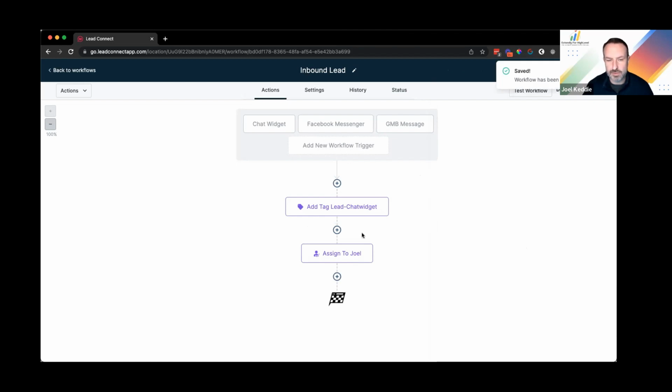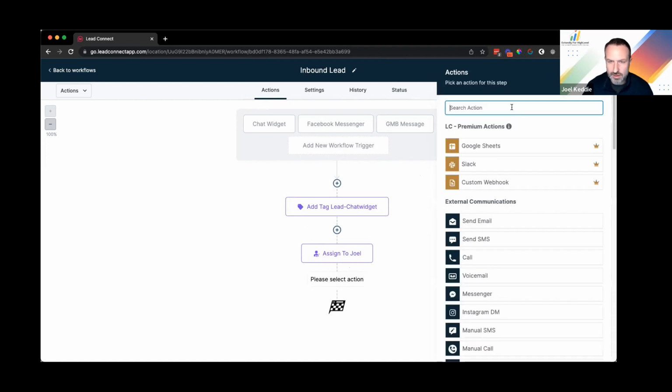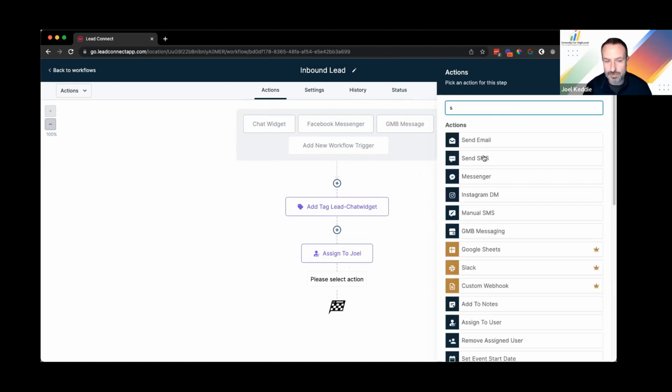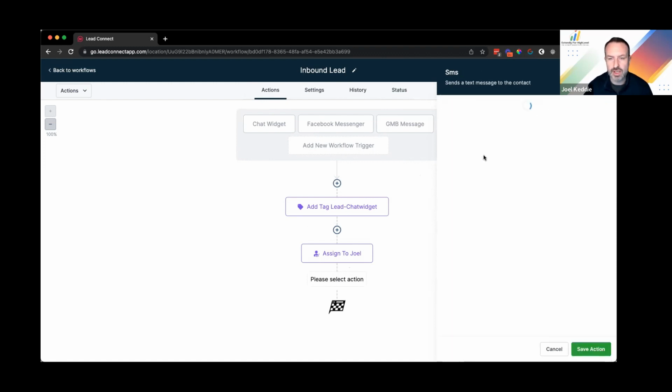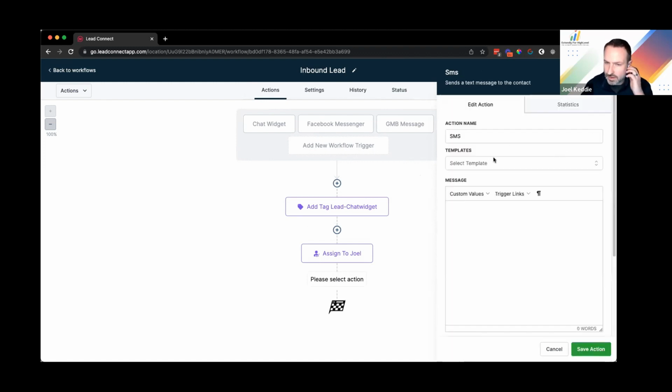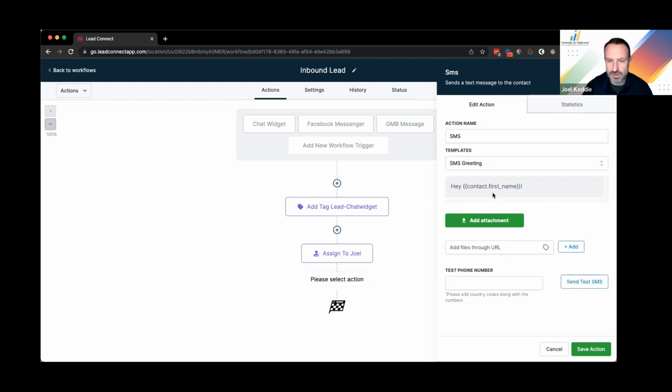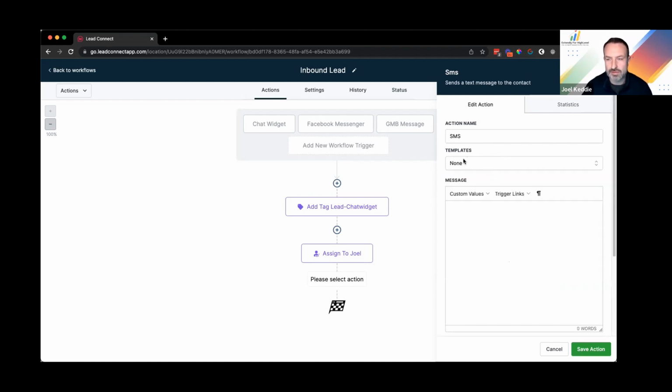And I like to save it every once in a while just so we don't lose any work. And then we are going to send a message back. So in this case, when it's web chat, it's just simply SMS, right? There is no other specific channel. So you would just send an SMS in response to that web chat. And you can obviously, if you have a template, I don't know what this SMS greeting is. It's just, hey, first name. If you have text message templates set up, you can pull from there,